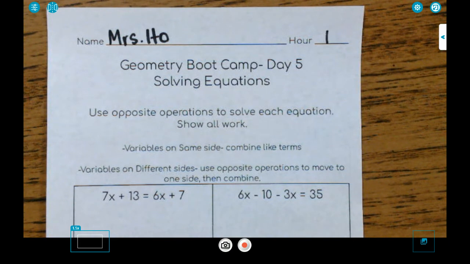So I put some basic instructions there. We use opposite operations to solve each equation, show all work. If the variables are on the same side of an equation, we can just combine like terms. If the variables are on opposite sides of the equation,